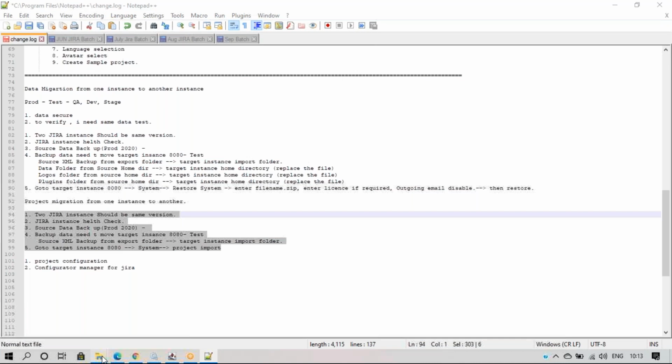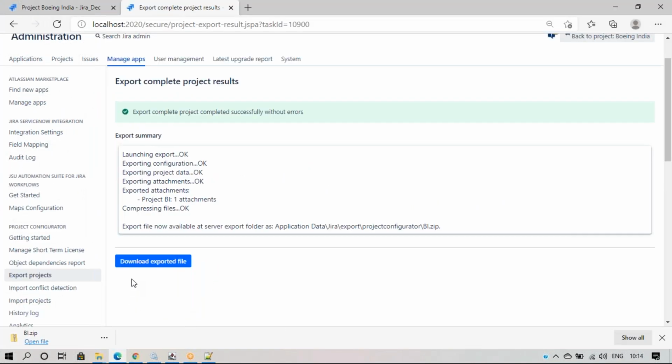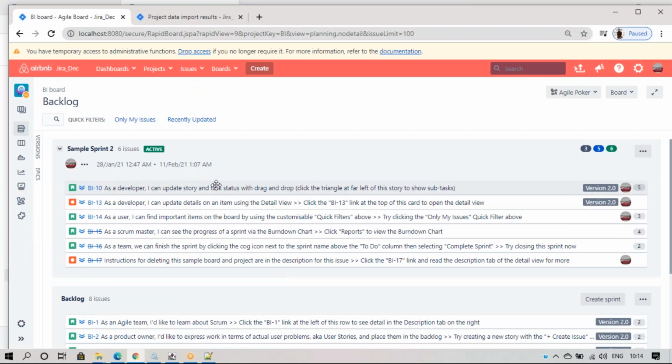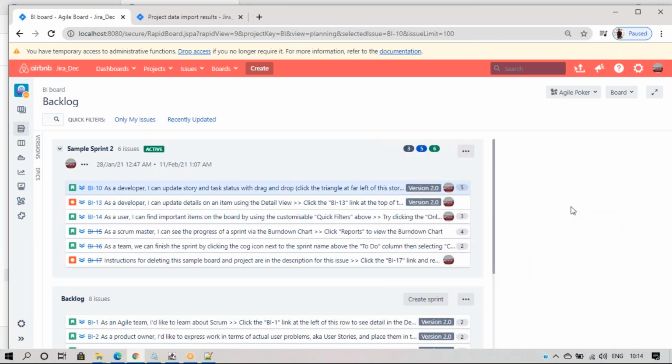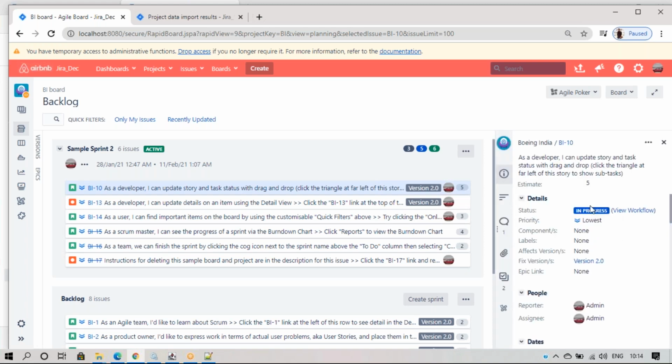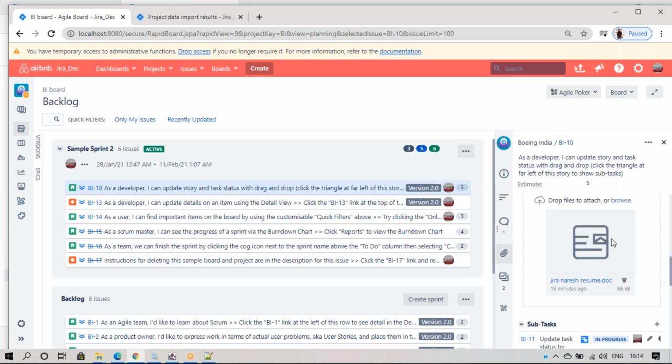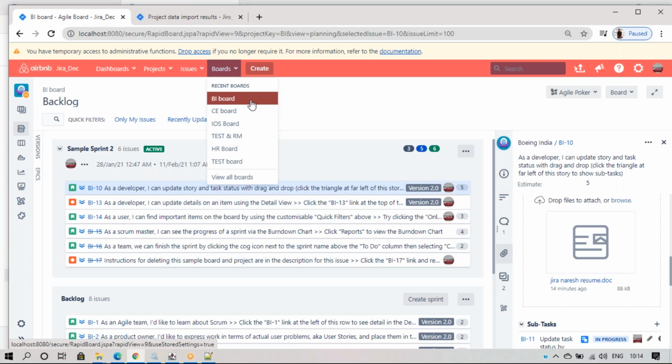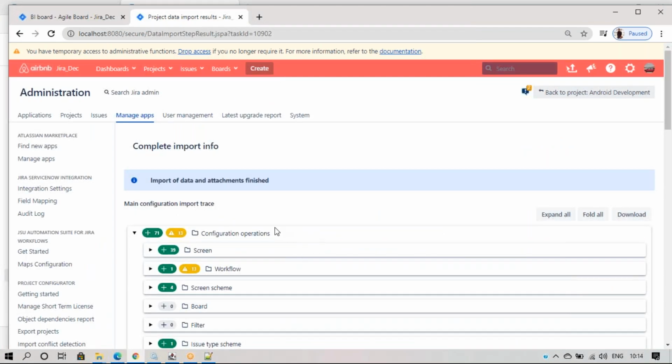Okay, it is like an export option, it is there. We can export the project from the source, and in the target instance you can select that and import it. Simple configuration. See, in 8080 I have the Boeing India company, India project, and all its issues. And in the 10 project, I need the attachment to be here, and we'll check if the attachment is there or not. Yeah, the attachment is also there, and all issues and everything will come to this place. Okay, so this is your BI board as well. So this board and filters and everything will come to this place. Okay, so this import is completed.